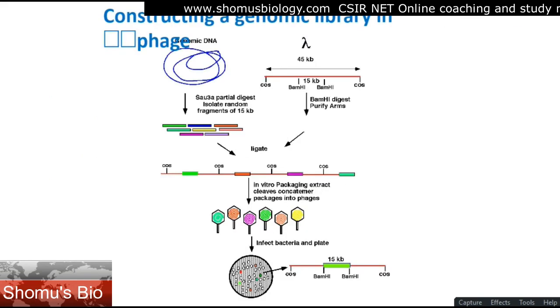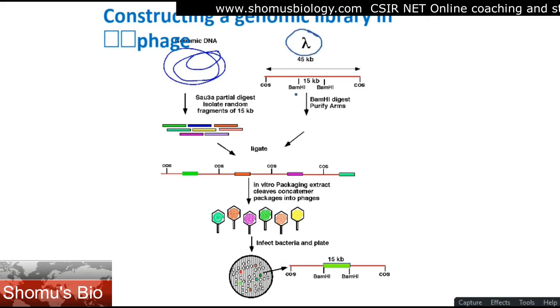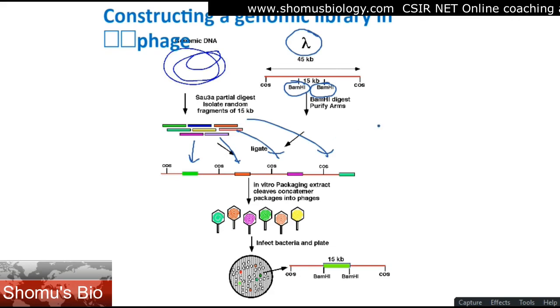Okay, now how exactly do we use it for cloning? That's quite simple as well. This is the genomic DNA, we fragment it, and let's say this is the lambda phage we take, and we know lambda phage has a specific site, let's say a BamHI site, to cleave that place, and we insert the gene of interest in this place. And we know that while the lambda phage is packaging its phage head with the genetic material, then the process is something like